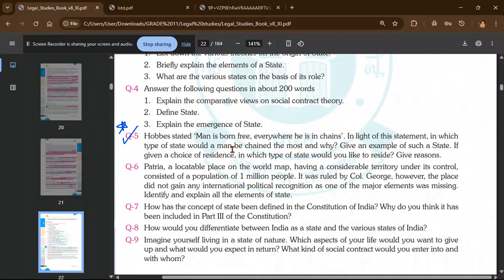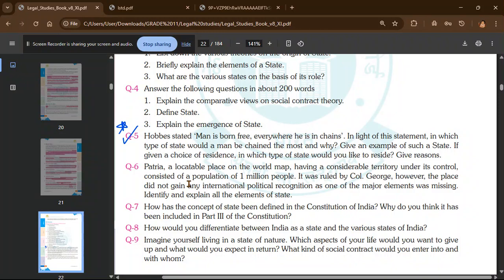See, it is not necessary that it be a state, you can write North Korea also. North Korea is a country, but it's fine, you can write it. Next, if given a choice of residence, in which type of state would you like to